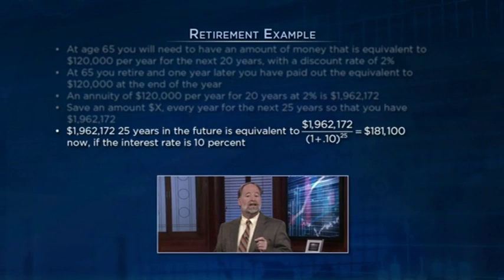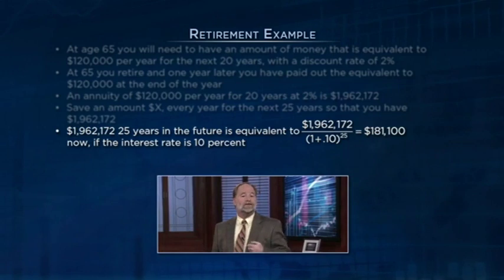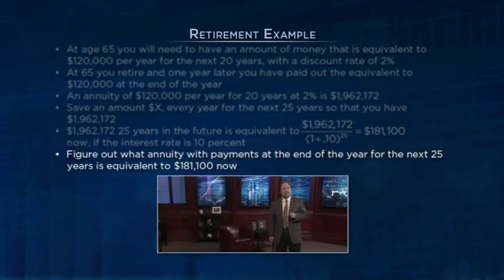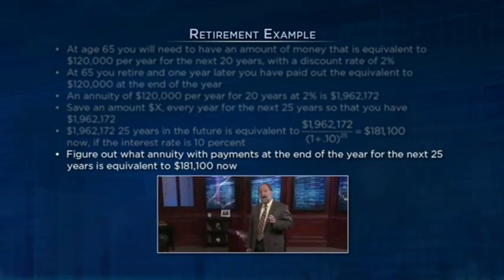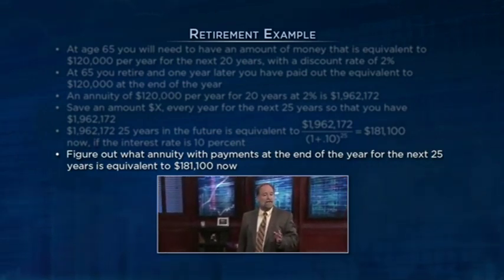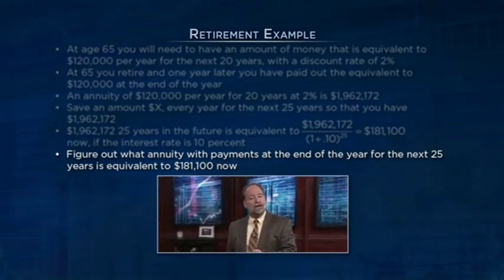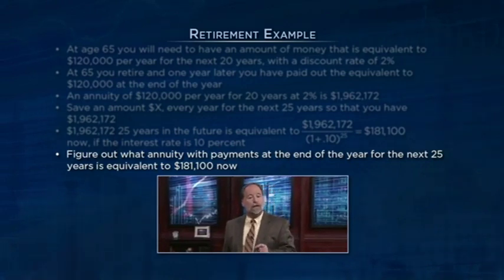Notice that $1.962 million 25 years in the future is equivalent to what? It's equivalent to its present value, which is $1.962 million divided by 1 plus the interest rate of 10%, 0.1, raised to the 25th power. And that's equal to $181,100 now, if the interest rate is 10%. So to figure out what is equivalent to $1.962 million in 25 years, which is equivalent to $181,100 now, you need to figure out what annuity with payments at the end of the year for the next 25 years is equivalent to